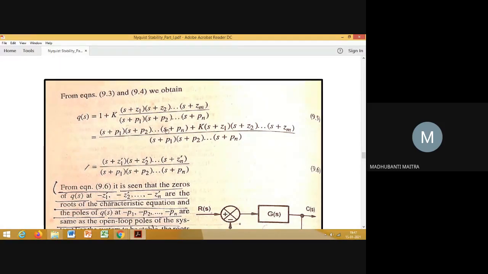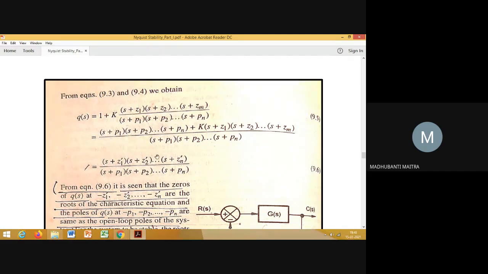If I multiply all this, and then after combining this, if I again factorize the numerator polynomial, then what will be the order of the numerator polynomial? Nth order, right? So now we can write the numerator